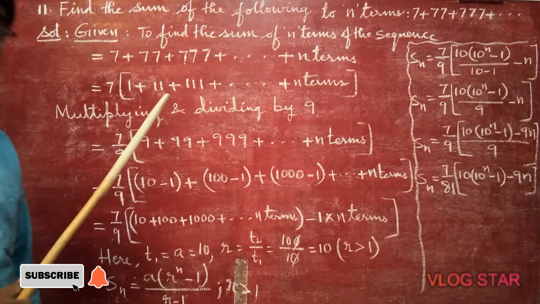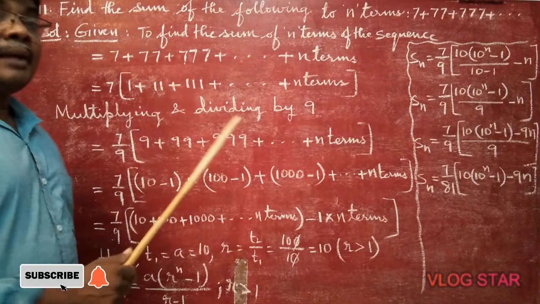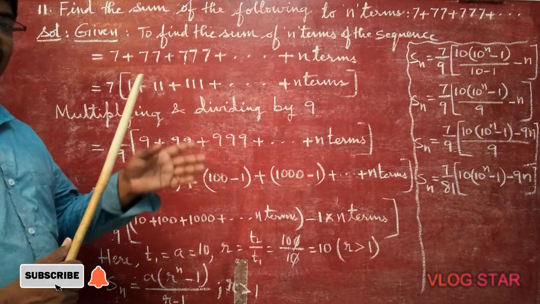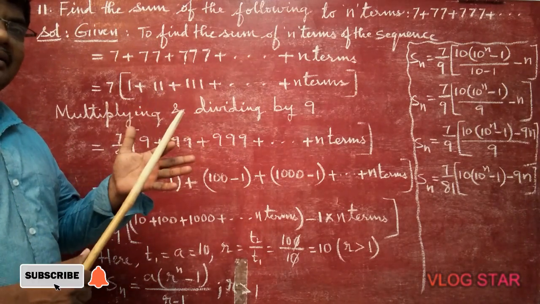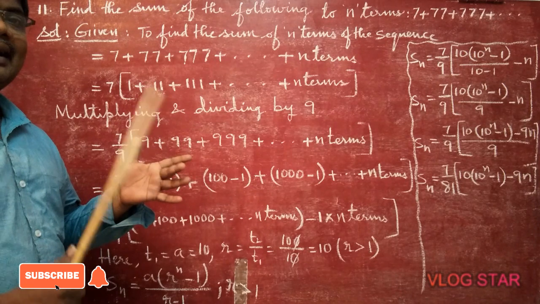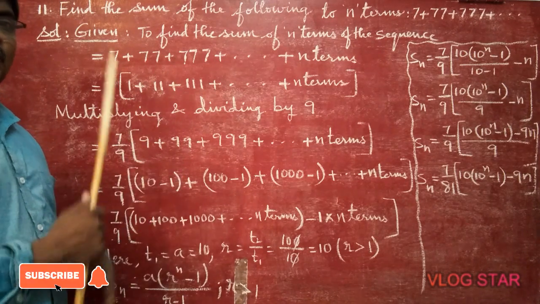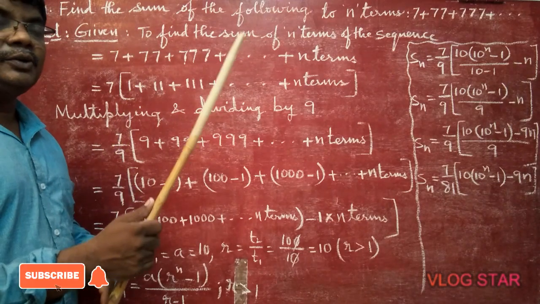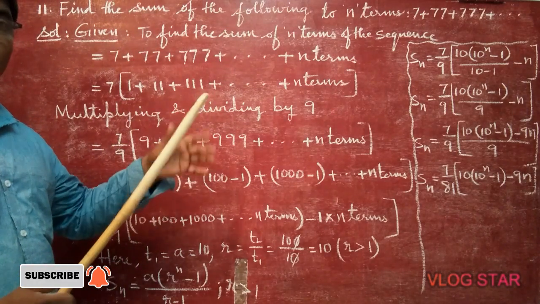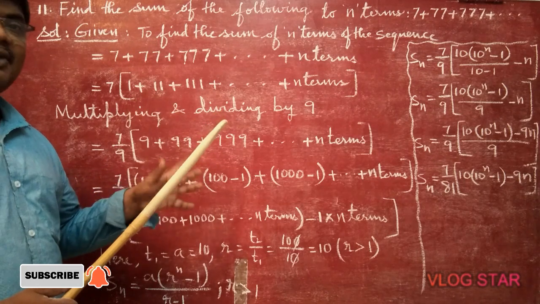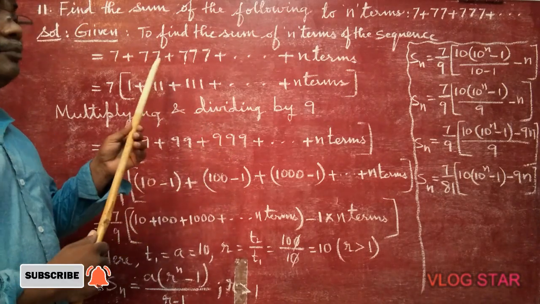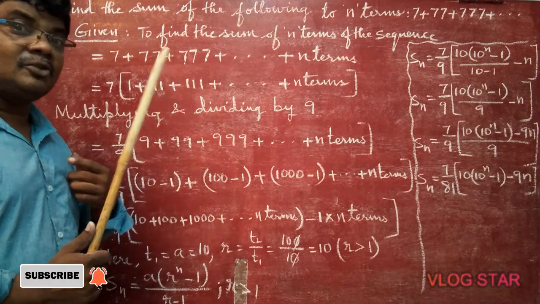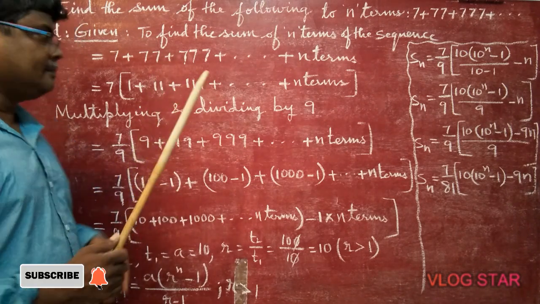Very important problem, students. I am doing it with one number. Remaining 8 numbers are there: 1 plus 11 plus 111 plus so on, 2 plus 22 plus 222, like that, so on, then 3, 4, 5, 6, 7, 8, 9. I am doing it with 7. The other 8 numbers you have to practice in your leisure time.